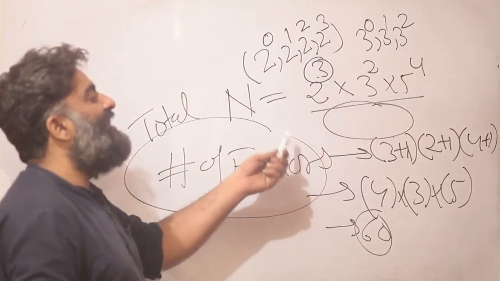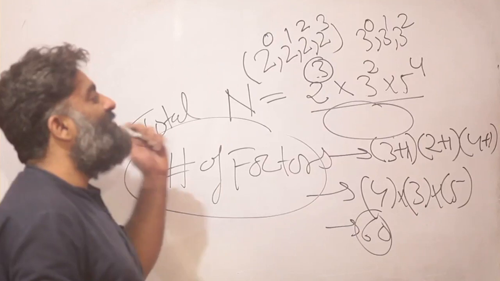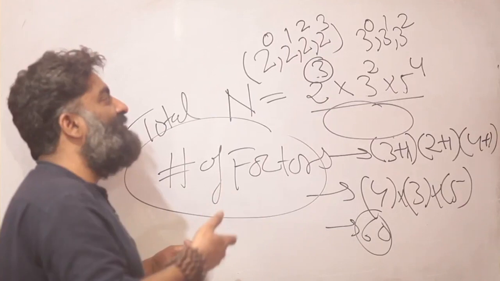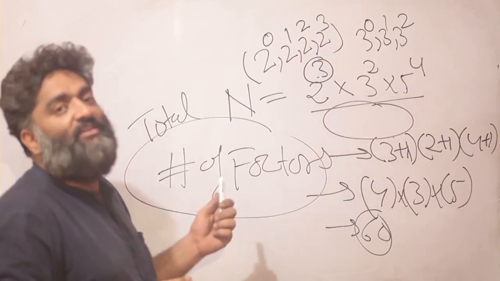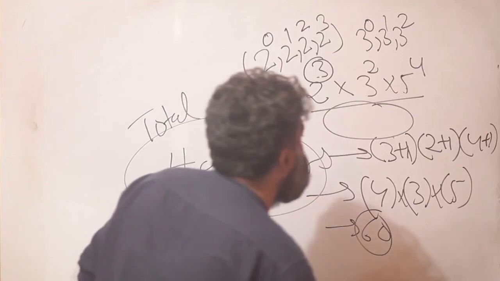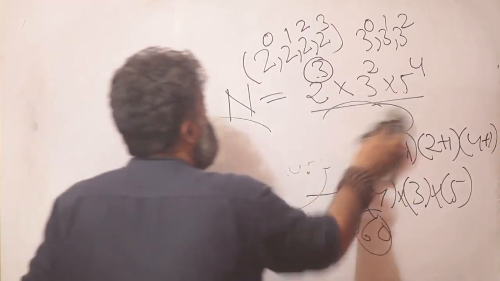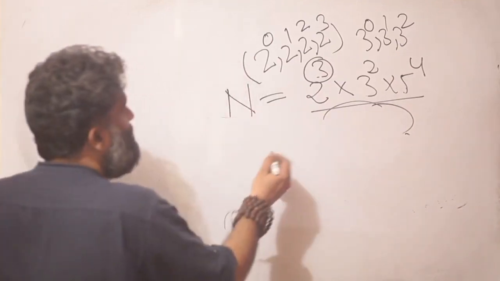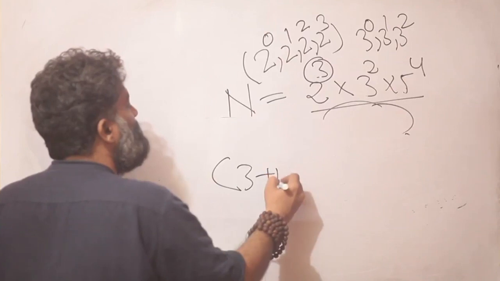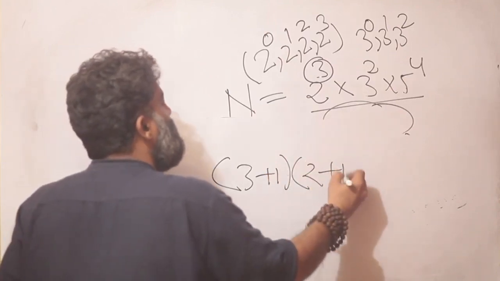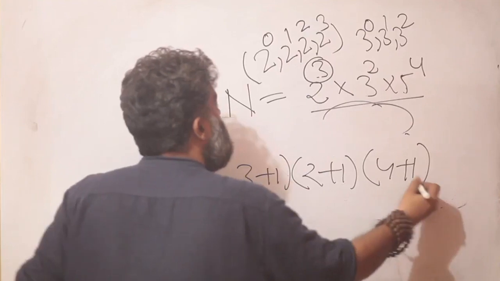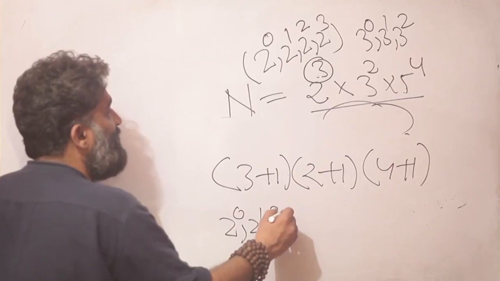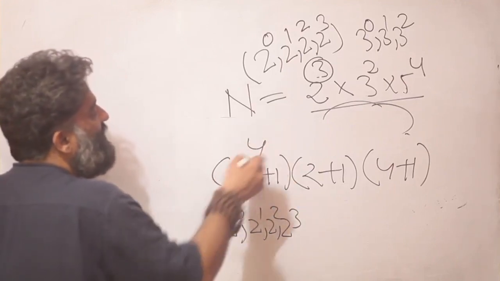But now if I start playing around with the question and I say, okay, tell me how many factors are even, or odd as we saw earlier, but let's just recap it very quickly. Now I say how many factors which are even. If I know the logic, it will not be too much of a problem for me. I can adjust the formula very quickly and say, okay, my formula was 3 plus 1 into 2 plus 1 into 4 plus 1. Why was I doing it? I could take 2 raised to 0, 2 raised to 1, 2 square and 2 cube. That's why I'm writing a 4 here, right?